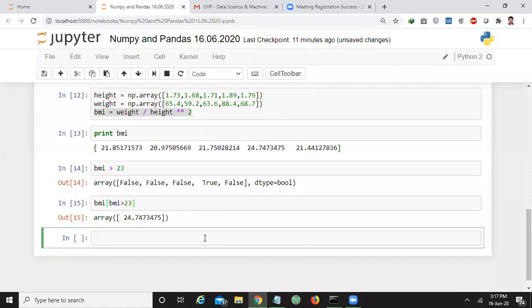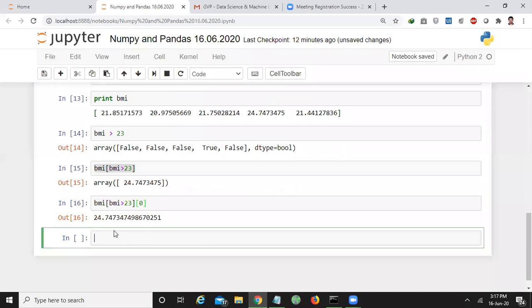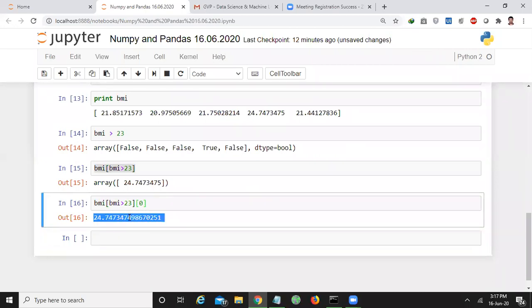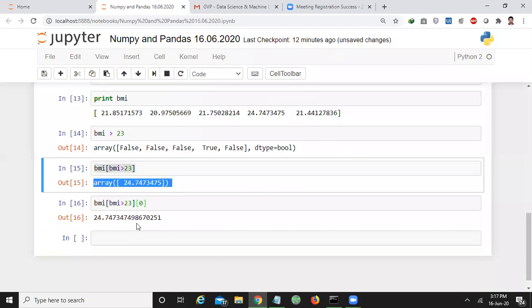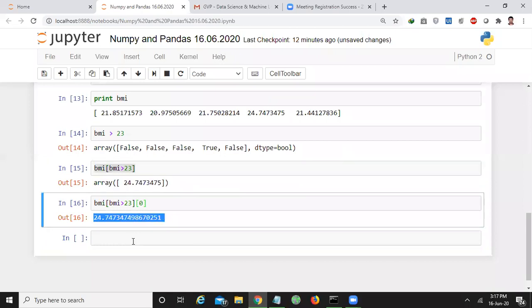If you want to take that value as an individual element, then you can print the same value like this, index 0. If you print like this, then you are getting directly the value. Here it represents an array. Here it represents a value. Okay.